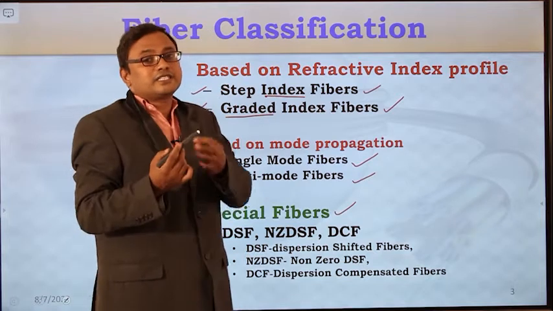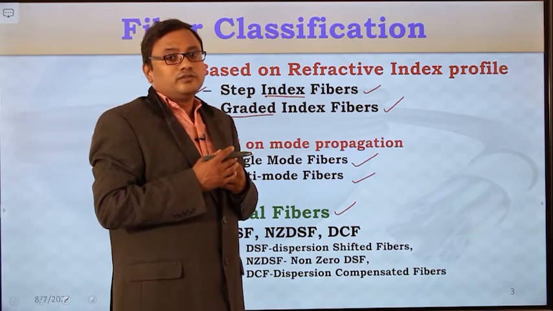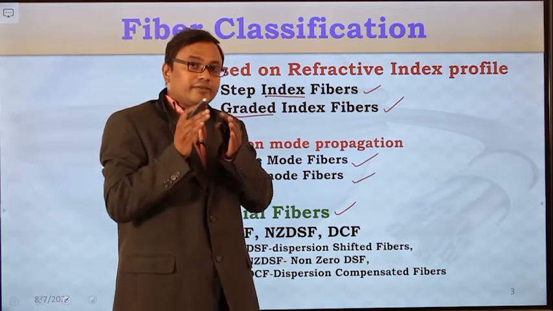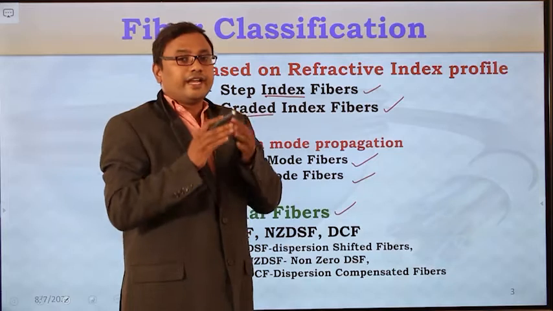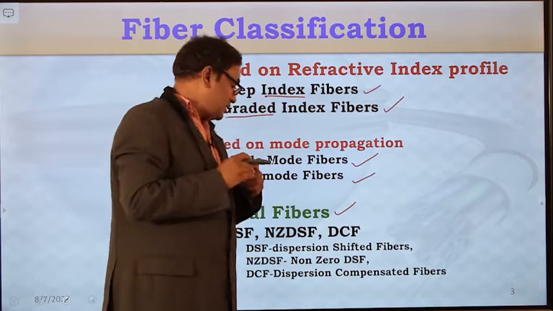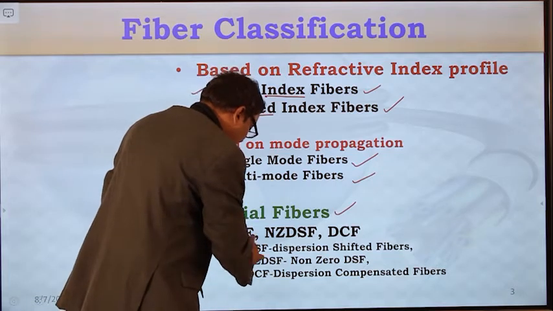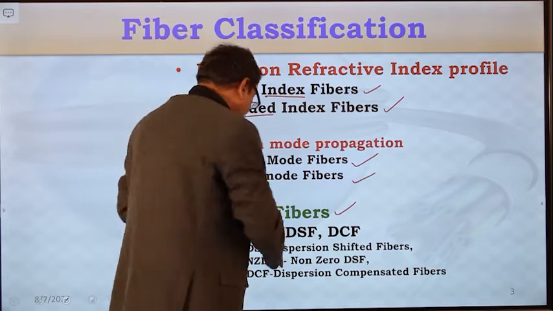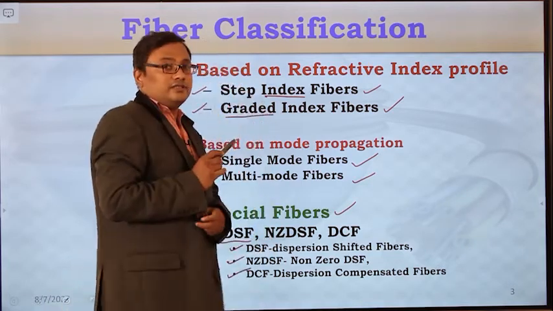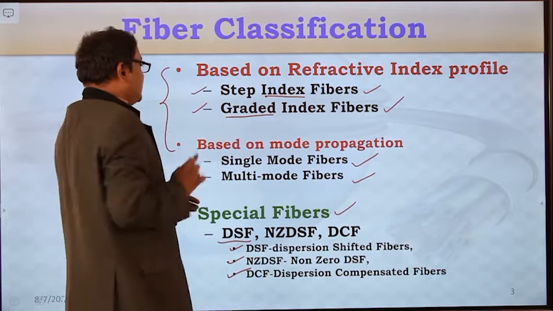In addition with these classifications, in recent trends, some special optical fiber cables are also manufactured to compensate the dispersion losses. In the very first introductory classes, I have explained you that wherever the light ray is propagating through the transmission medium, within that optical fiber cable, it will undergo different types of attenuation losses and dispersion losses. And to compensate those dispersion losses, some special kind of optical fiber cables are manufactured. They are dispersion shifted fibers, non-zero dispersion shifted fibers, and dispersion compensated fibers. So in our syllabus, we are having these two kinds.